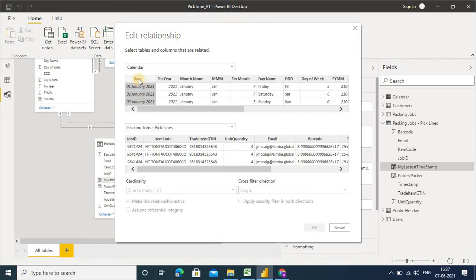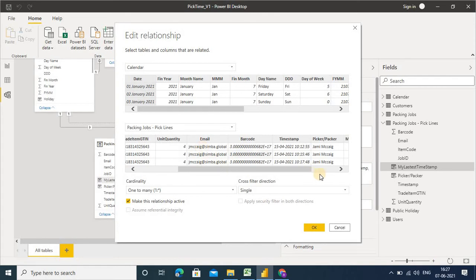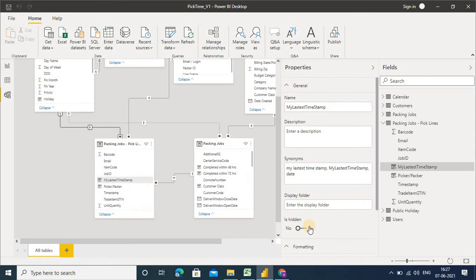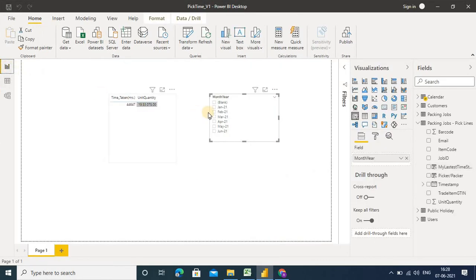So your calendar table is here, because I am just changing the position of both tables. Both tables will stay the same. So you can see a one to many relationship is created, so there should be no issue between them. So now what will happen, now we have changed the relationship to your latest milestone. You can see here. Now click here, again I am clicking here.